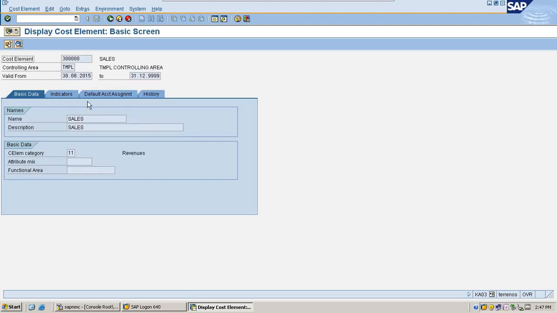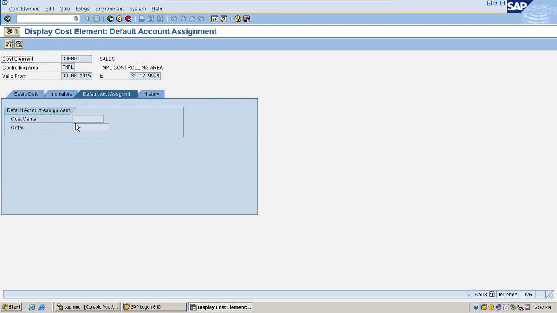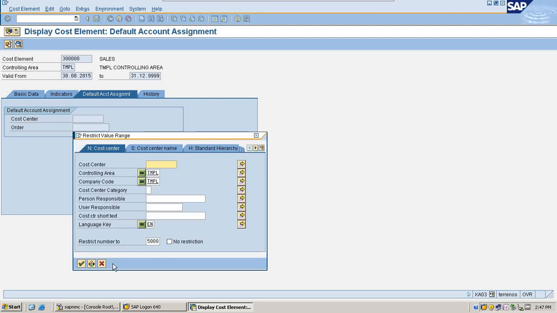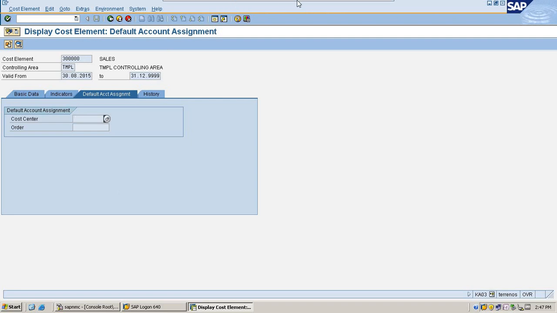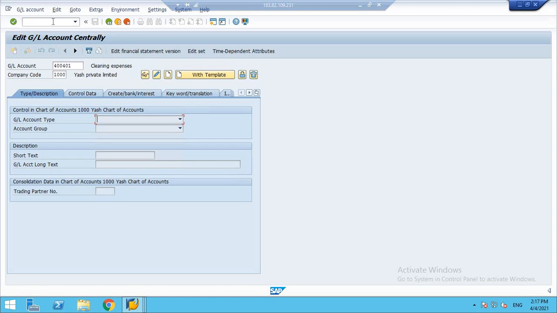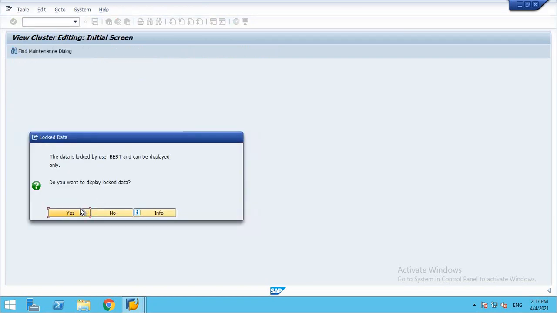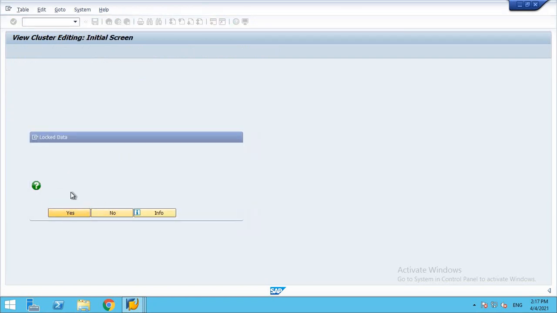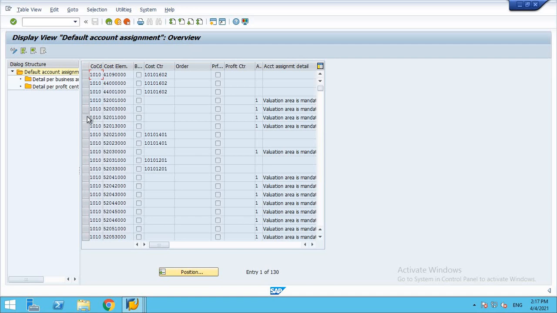For example, in default account assignment, here you can pick a cost center as a default in ECC. Since this transaction is not available in S4 HANA, you need to create the default cost center in transaction OKB9. Only in OKB9 do you have to create the default cost center.